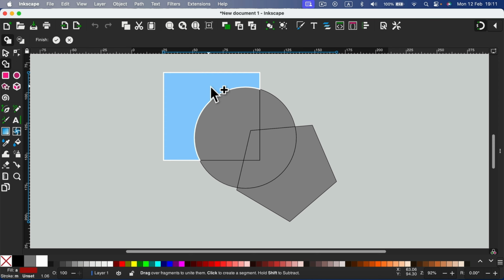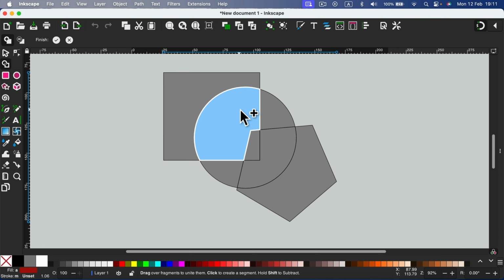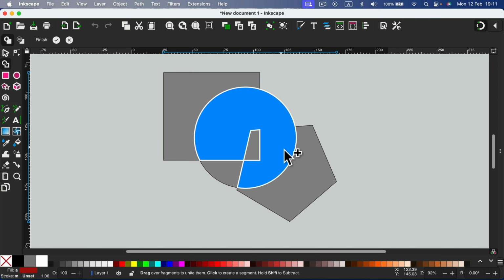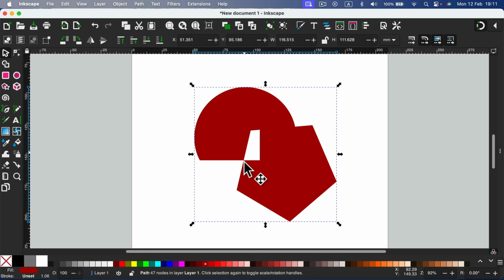Let's start with the plus mode, and now I can select which part I want to keep. Click and kind of drag through to highlight with the blue color what you want to keep. Click OK, and that's our new shape. We built a new shape based on 3 different shapes. That's a great way to create a nice symbol or logo. Let's undo